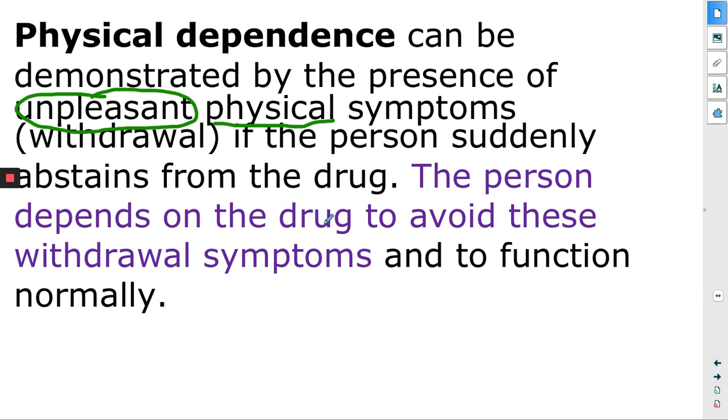Okay, so what we often say is that if you're dependent, you depend on the drug. Just to put it plainly, if I drink alcohol regularly, in fact, maybe you have a grandparent who drinks a sundowner. If you don't know what that is, you need to ask them. Often around 5, 6 o'clock, you sit outside or in your living room and you have a little drink to relax after a long day.